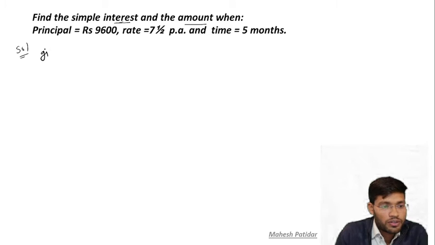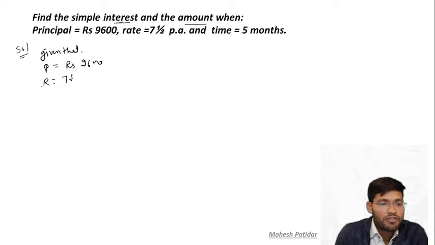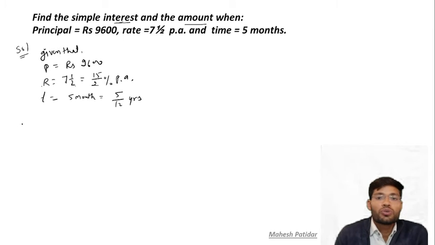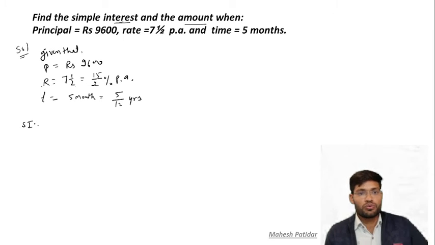Solution: given that principal P is equal to rupees 9600 and rate R is equal to 7 and 1 by 2, that is 15 by 2% per annum, and time is equal to 5 months. So we have to convert it into years, so 5 by 12 years. Now we know that simple interest SI is equal to,